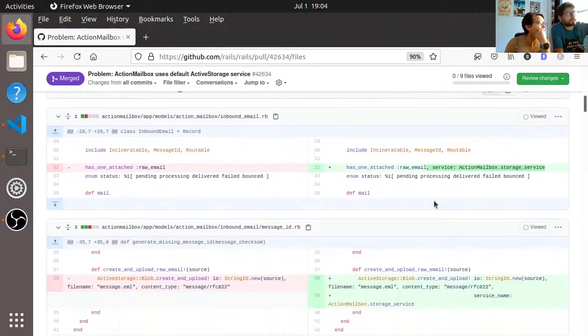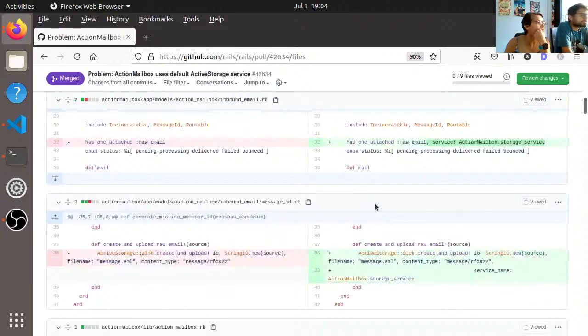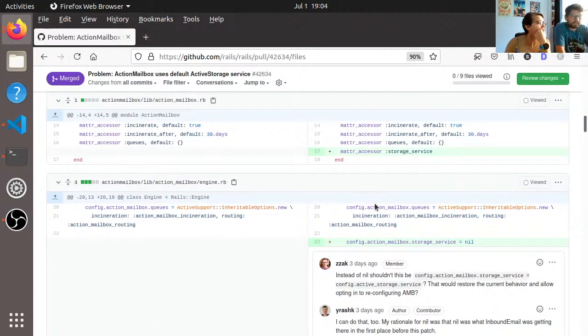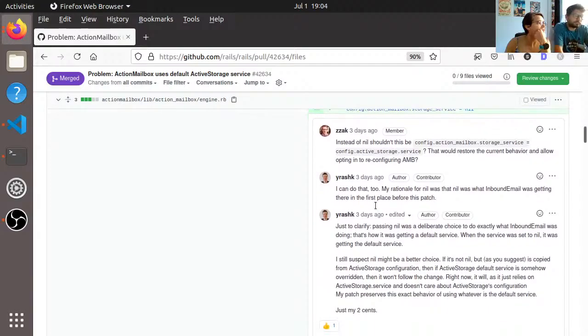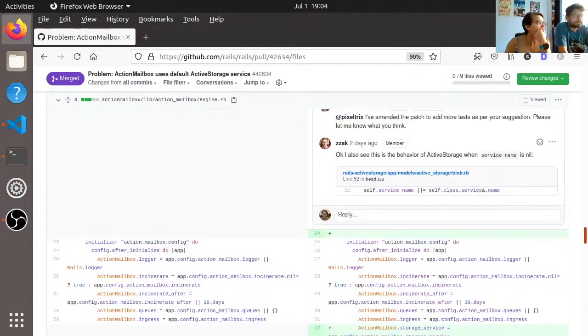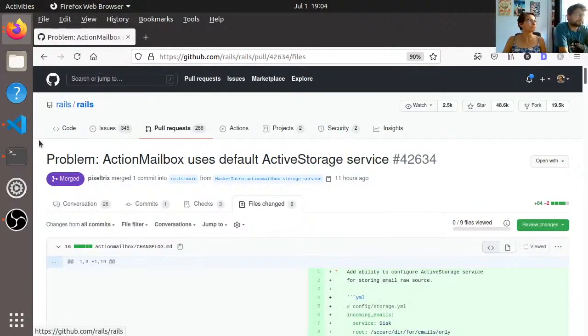Service. So Action Mailbox uses the disk service. Interesting. Can you use any service, right? It doesn't need to be the disk service. This is kind of neat. So your emails go to S3. Interesting. Okay, so that's where